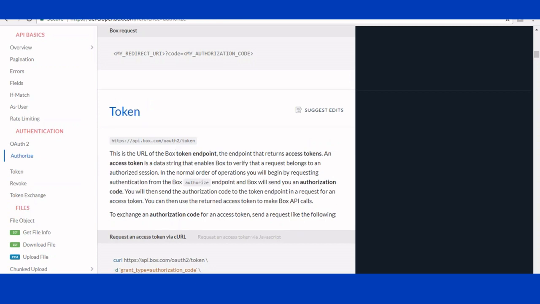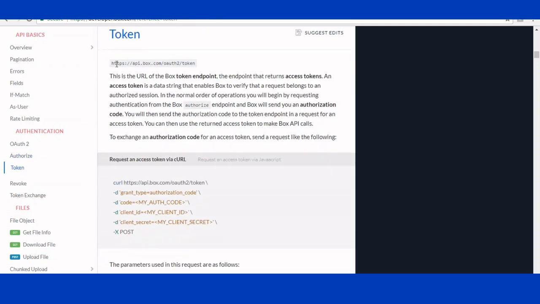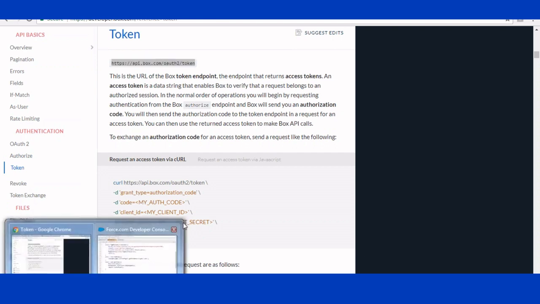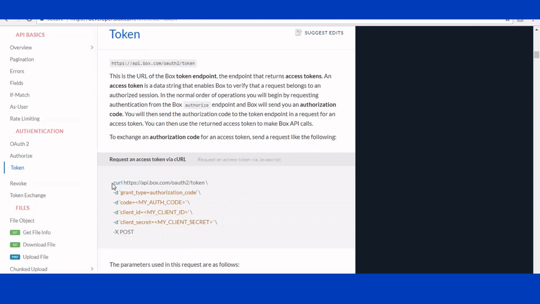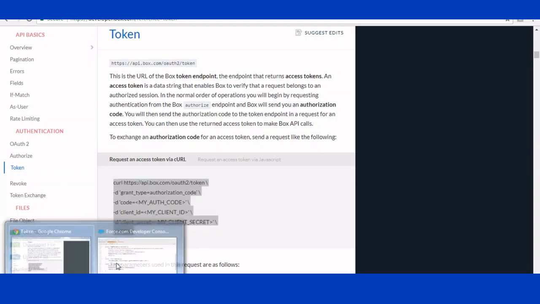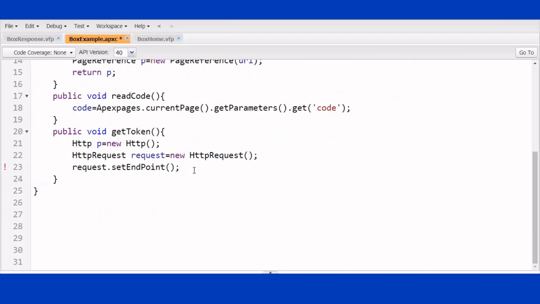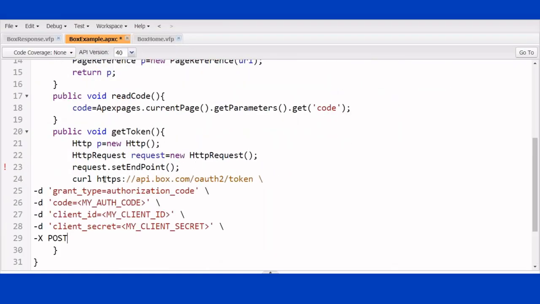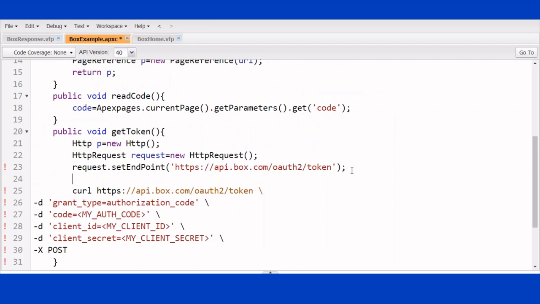Then we go to the next one, request for the token. This is the endpoint URL to which you are making a request. What is the next one? It is in the form of